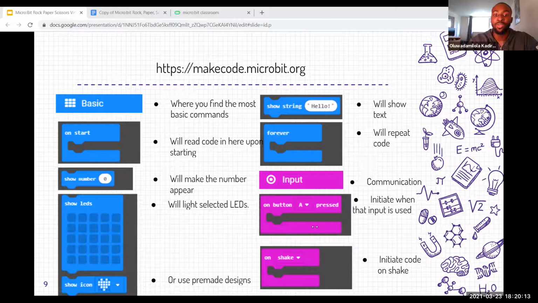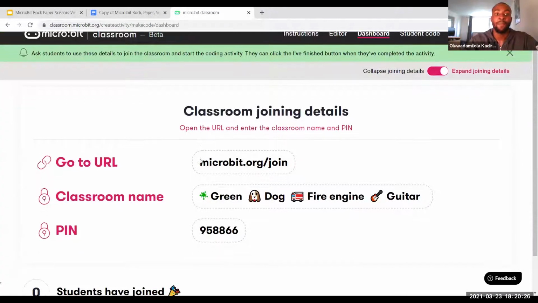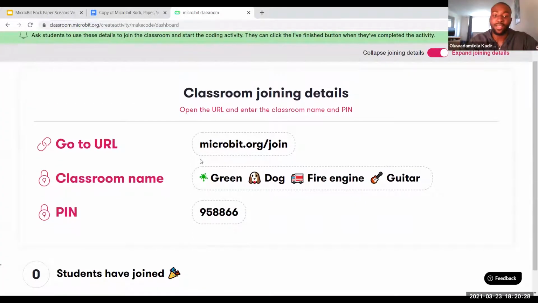Now, as we go through the activity today, it will help you to split your screen so that you can see what you're coding and you can see the Zoom window at the same time. Now let's get on to the website. Today, we're going to be using MicroBit Classroom, and MicroBit Classroom helps me to be able to see you guys' code while you're working on it. And if you have any questions, I'll be able to look at it. It also allows Ganesh to see your code while you're working on it. So Ganesh will be able to help you if you ask him any questions.